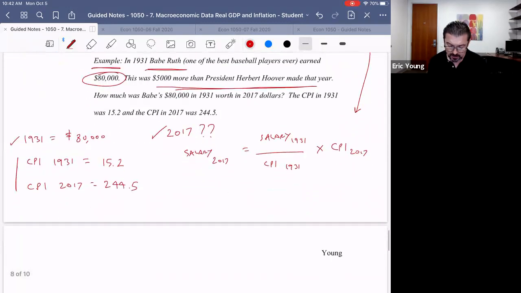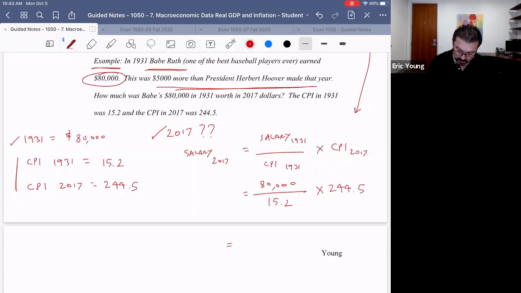So we know that the salary that the Babe would have earned in 2017, had everything stayed equal, will be equal to his 1931 salary divided by the 1931 CPI times the 2017 CPI. Seen a different way, it would be $80,000 divided by 15.2 times